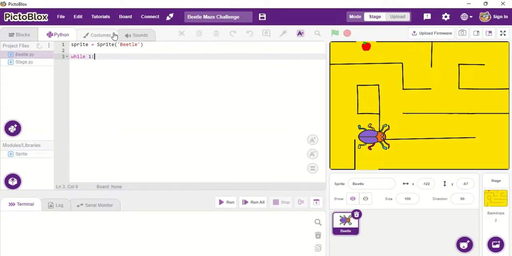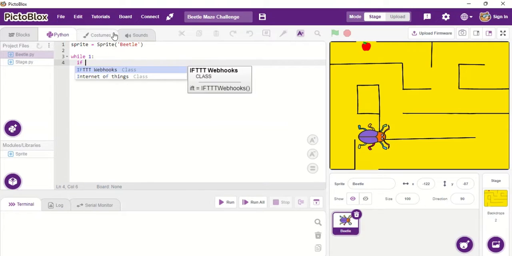While one is actually while true, since this will be a code that will continuously happen in a loop, that is why we are using a function called while. Next, we are going to make the Beetle move with our keyboard arrow keys. So for that, I'm going to use if